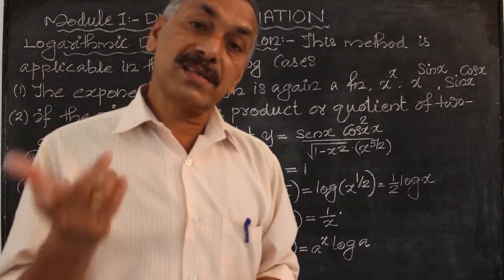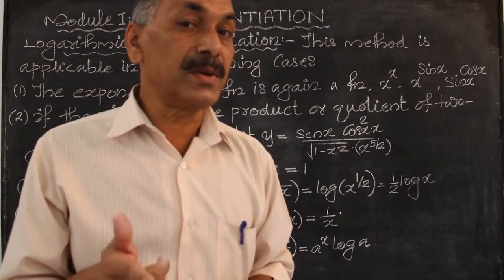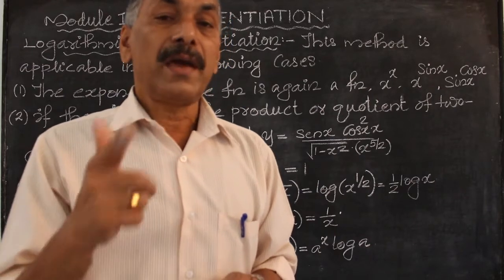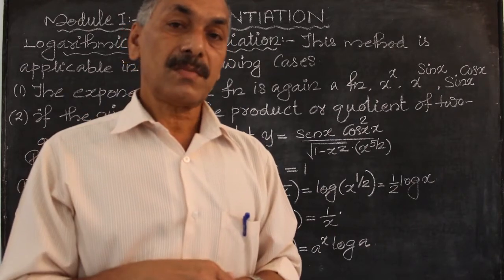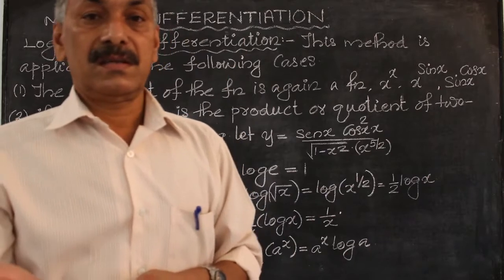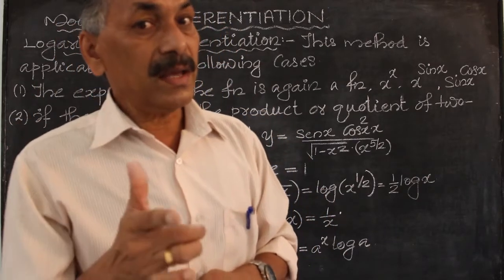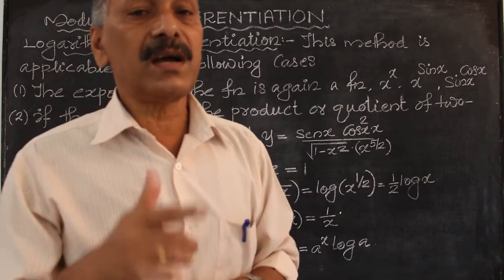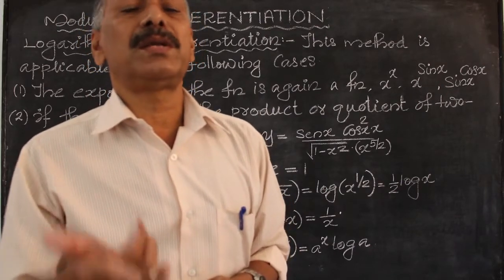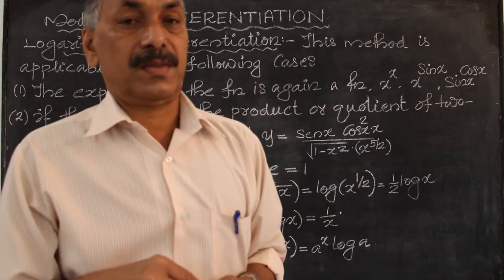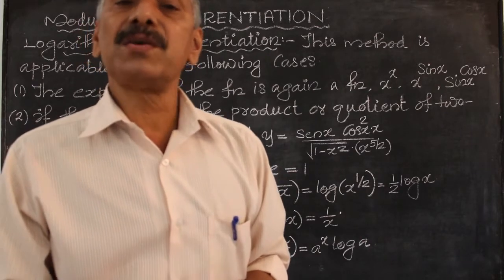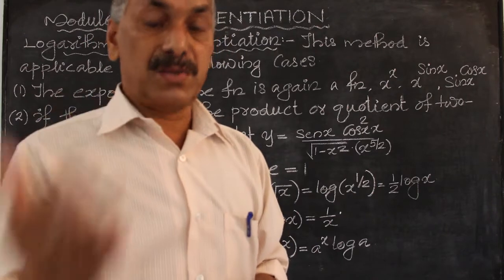If y is equal to x raised to n, then what is the derivative? dy by dx is equal to n into x raised to n minus 1. X raised to x, that is x into x raised to x minus 1. X raised to n, if n is a real number, then we have a derivative of x raised to n is equal to n into x raised to n minus 1. If y is equal to x raised to x, or sin x raised to x, or sin x raised to cos x, log x raised to x,